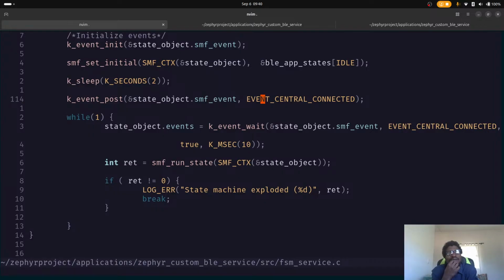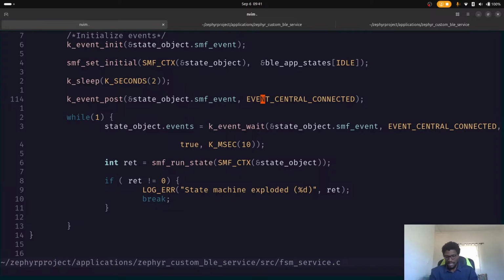But then if we use an event like that, the event only tells us when something is transitioning between states. Okay? So the event tells us, oh, if you were waiting for a temperature, there's a temperature ready. If you were waiting for a connection, a connection has occurred. But we still have this problem where, and I think my intuition might be the one that is wrong here, we still have this problem where